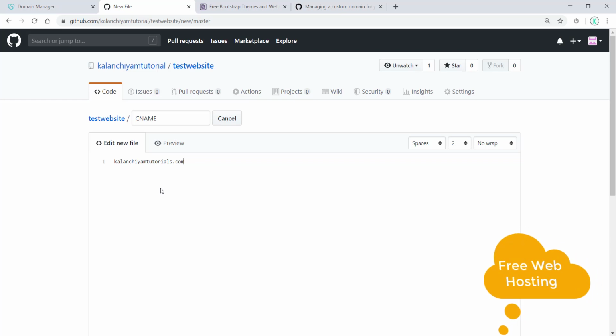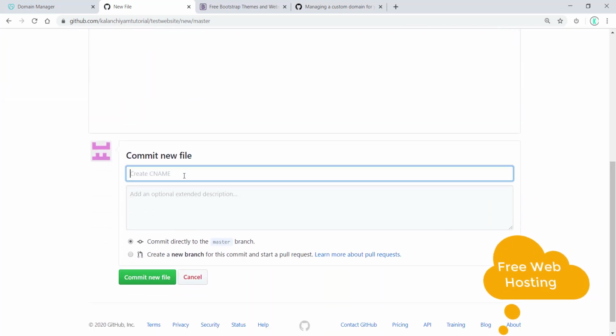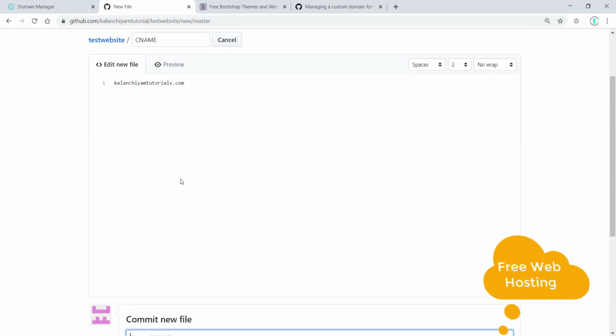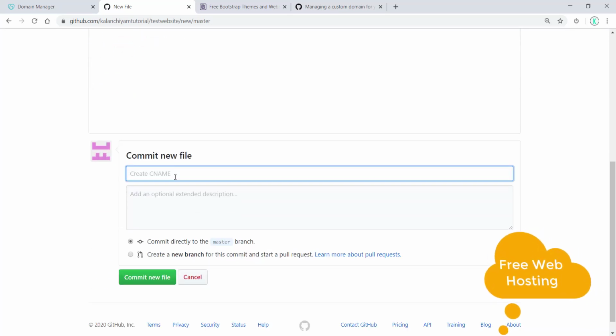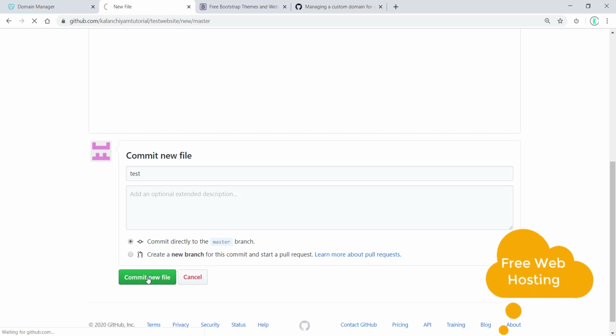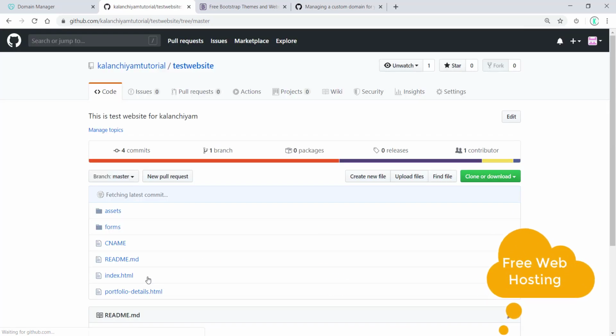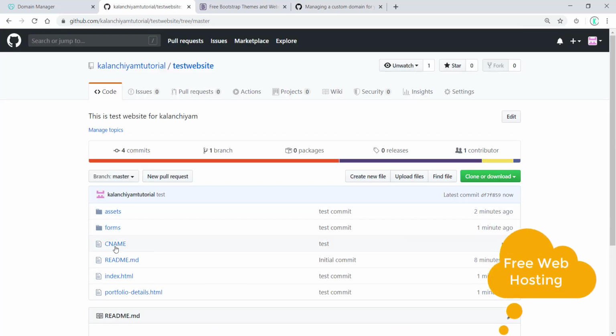Make sure you are providing the correct domain name here, and then you have to commit it. Just make sure the file name is CNAME and the domain name is correct. Okay, then test, commit new file. We have added the CNAME file as well.